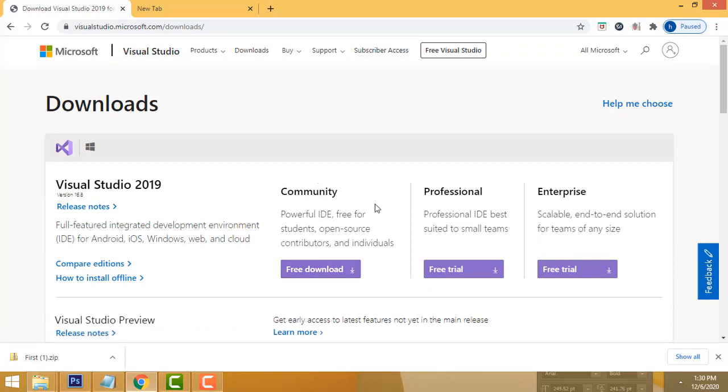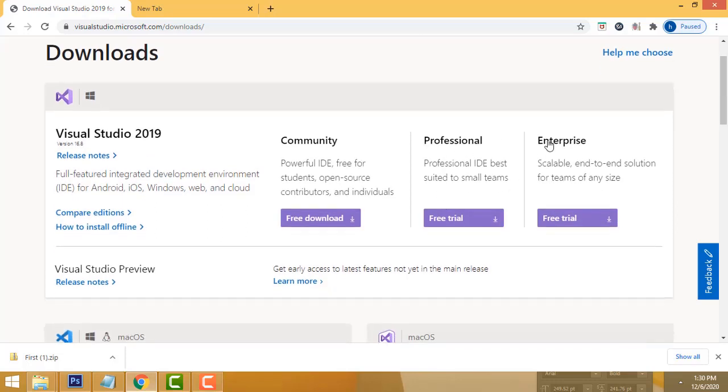If you want more, you can read what they give for the Enterprise edition and Professional edition, and if you like, you can buy them here. If you are an individual using it for study purposes, you can use the Community edition for free. If you click on this one, you will be able to install it. I also installed only the Community edition.